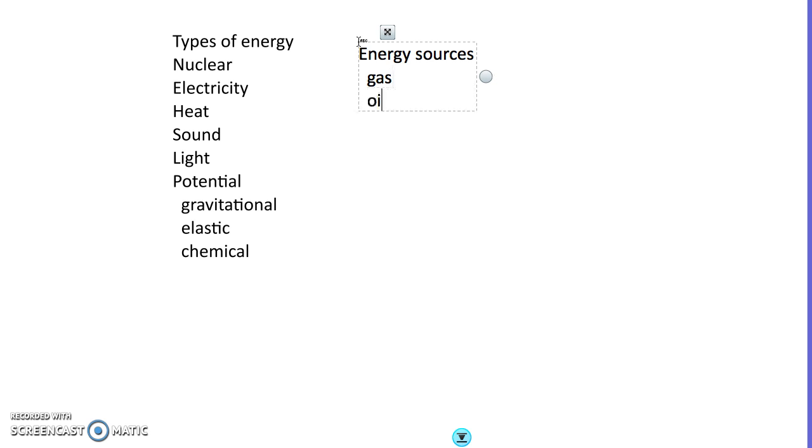Gas, oil, natural gas. Interesting that all three of those at one time were just considered waste products, but we didn't have anything to use them on. Once people realized they could burn them and use them for things, they became very handy. Hydroelectric or hydropower is basically using the flow of water through a dam, usually damming up the water and using